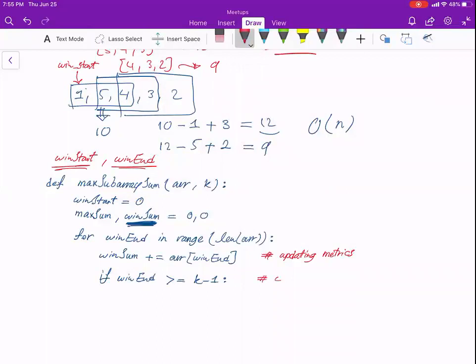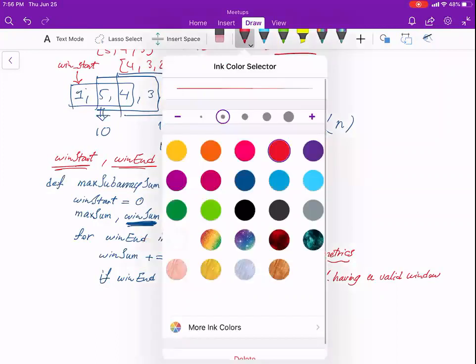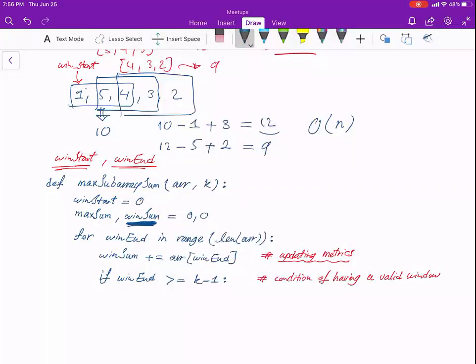So, the condition of having a valid window. When I have a valid window, I have to update my metric. We updated here, right? But right now we have to update our result or answer. So how can I update this? Right now I have a window sum. I have to update my max sum. So I will write here max sum